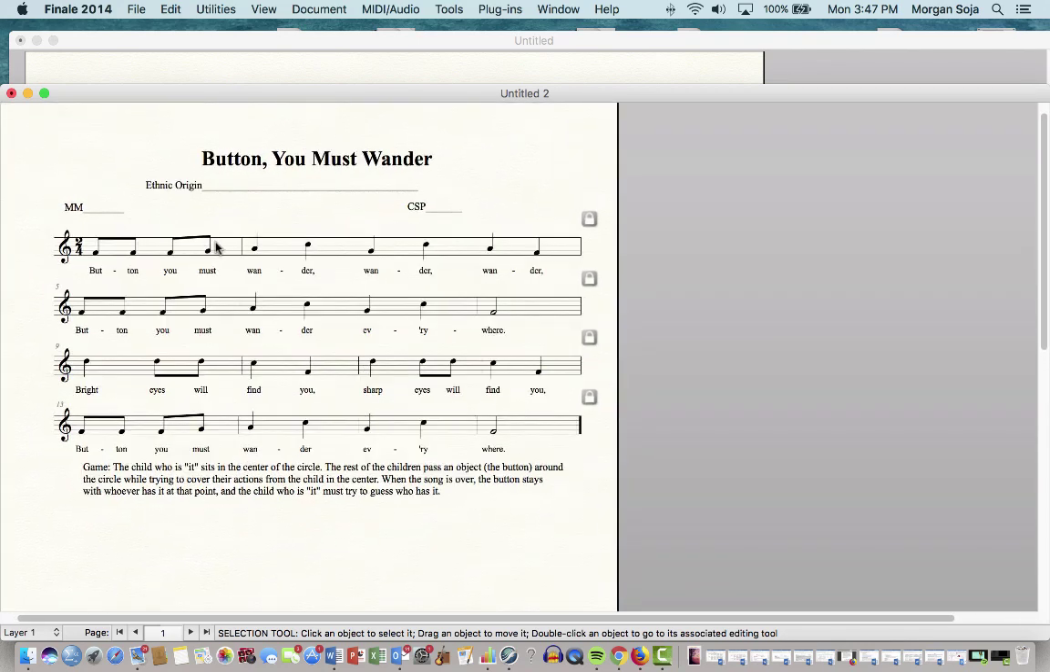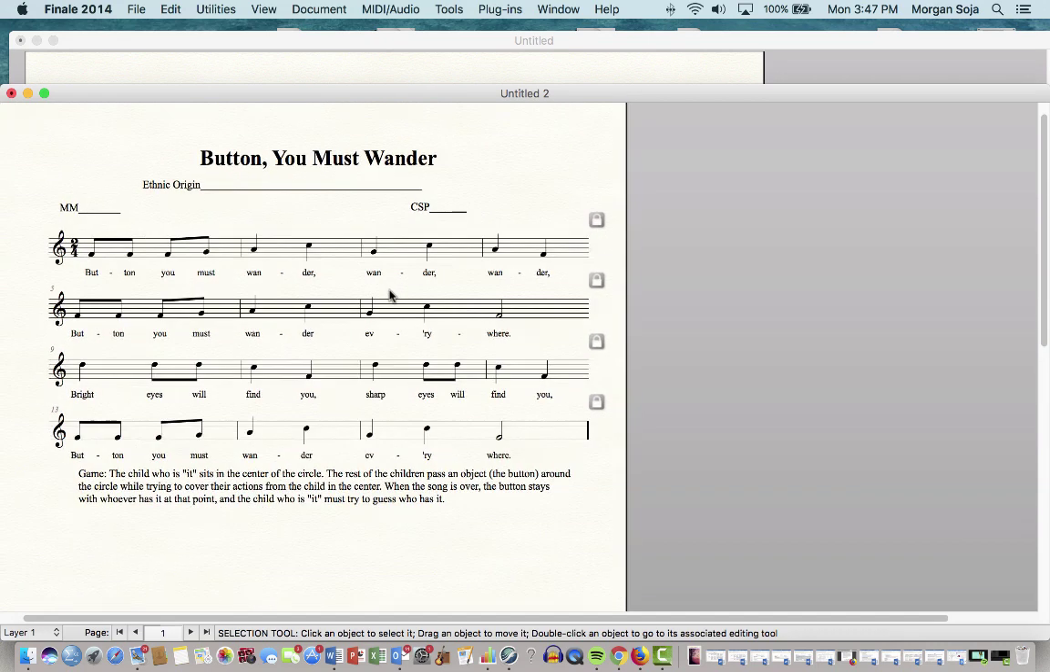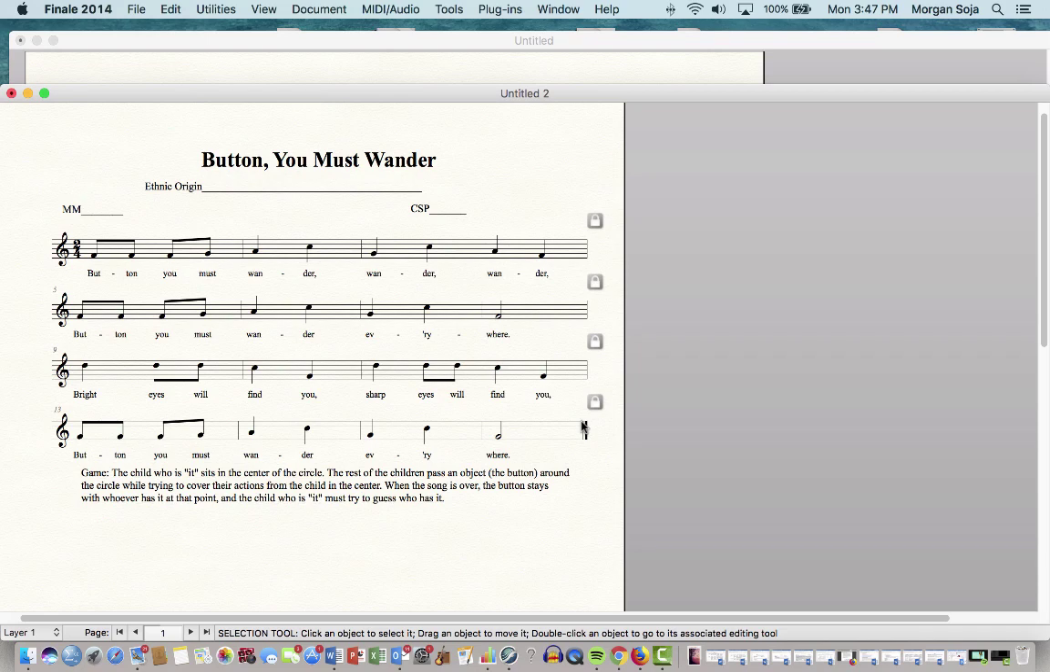This is for slightly younger kids. I wouldn't use this as much past about second grade because they'll start to think of it as maybe a baby song. But this is Button You Must Wander. Like this one for